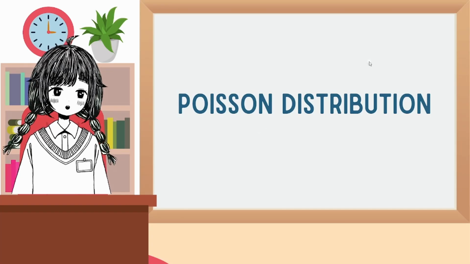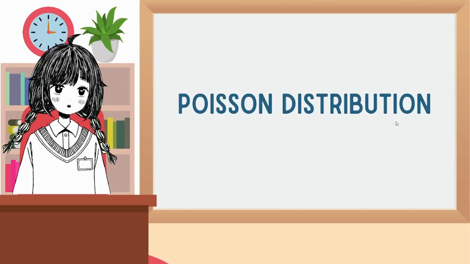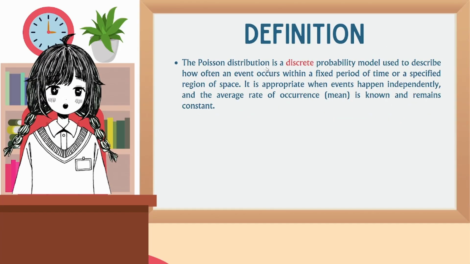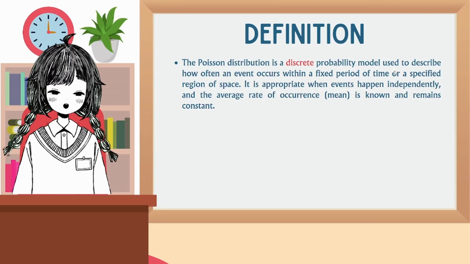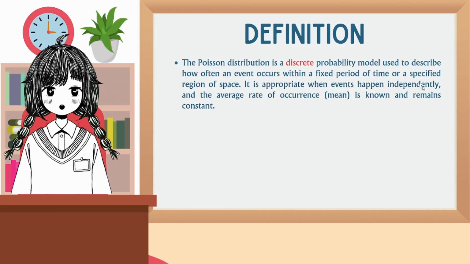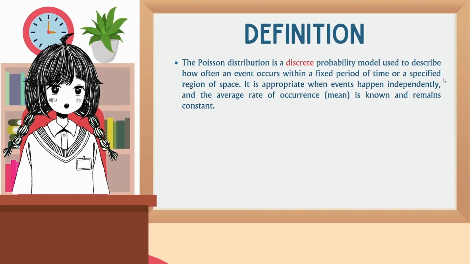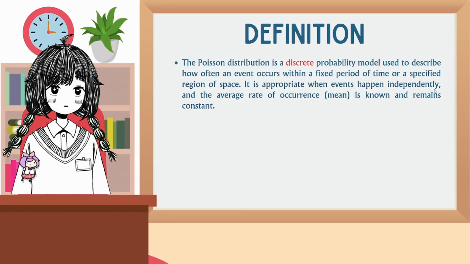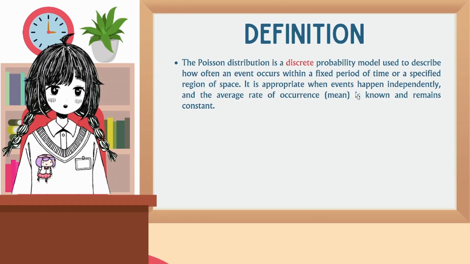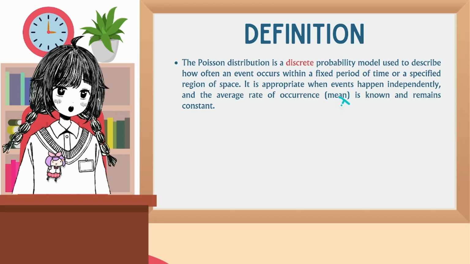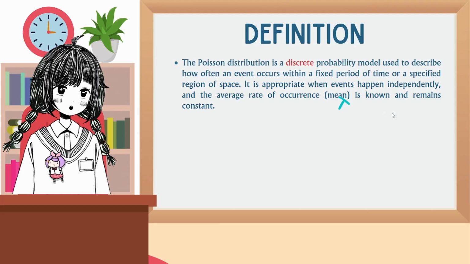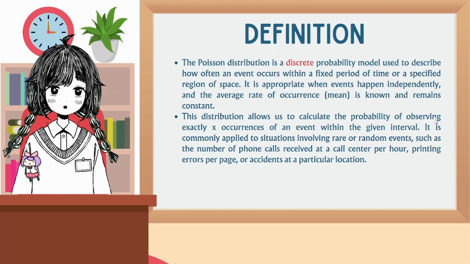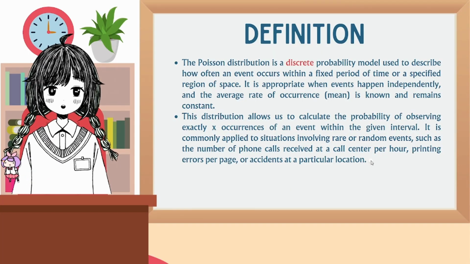Now we will learn how to use a Poisson distribution probability. We start with its definition. Like binomial distribution, it is a discrete probability model used to describe how often an event occurs within a fixed period of time or a specific region of space. It is appropriate when events happen independently and the average rate of occurrence, the mean, which is lambda, is known and remains constant. This distribution allows us to calculate the probability of observing exactly X occurrences of an event within